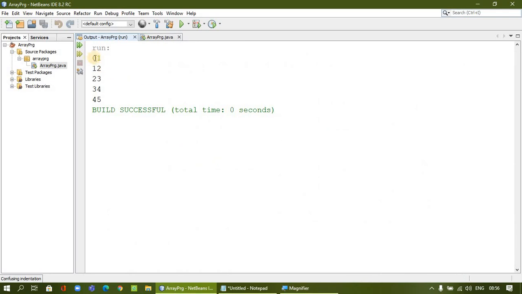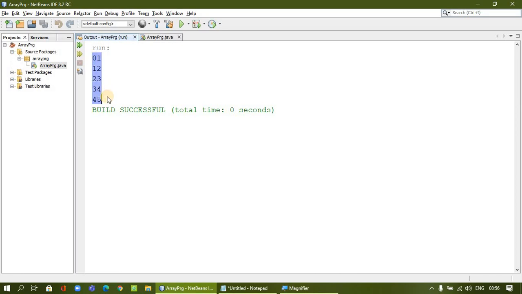So this is the first value, 0, then 1, first loop. So first this is row 1 with column 0. This is column 1. So row 1, this is row 2. Row 2, column 0, column 1. So this is row 3, column 0, column 1. Okay. So in that way it is printed.